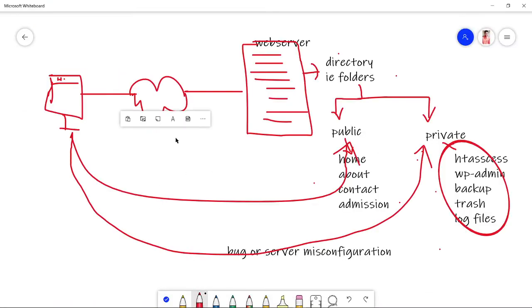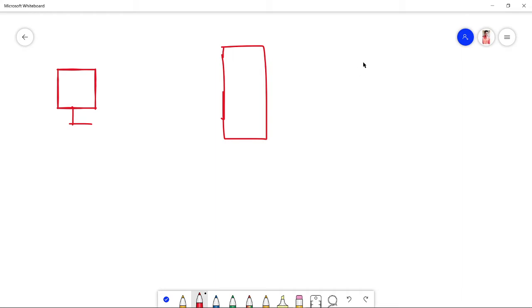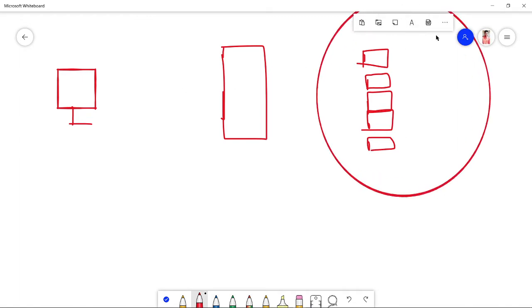Okay, I'll clear the canvas. For now let us consider this as our computer, and the web server is here. Again, we have a lot of directories that we saw at Hindustan, right? About, home, some tabs at the top of the website. Let us consider these as public directories.